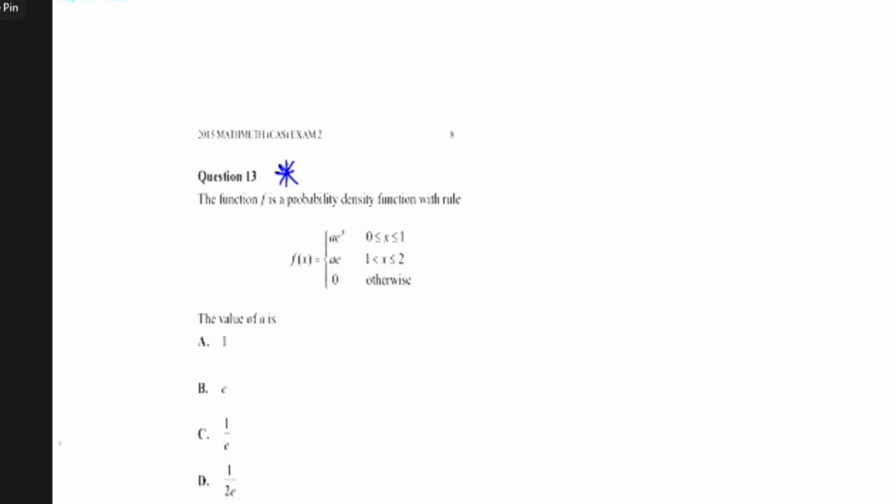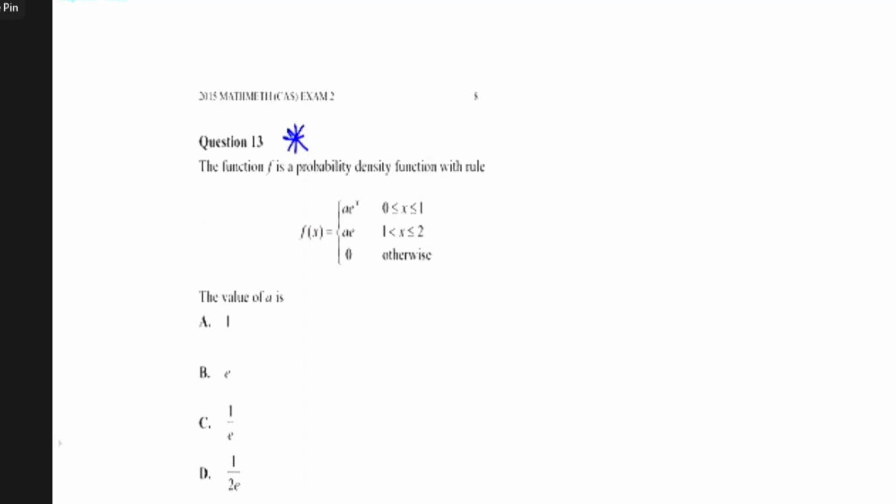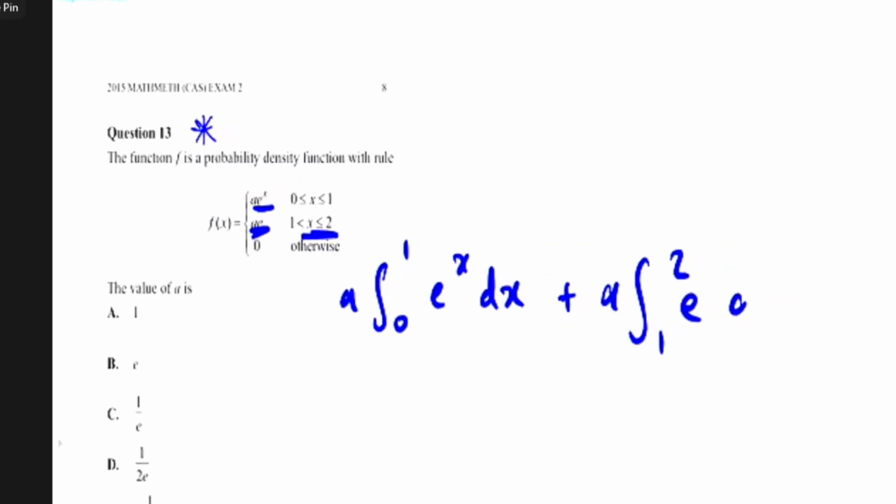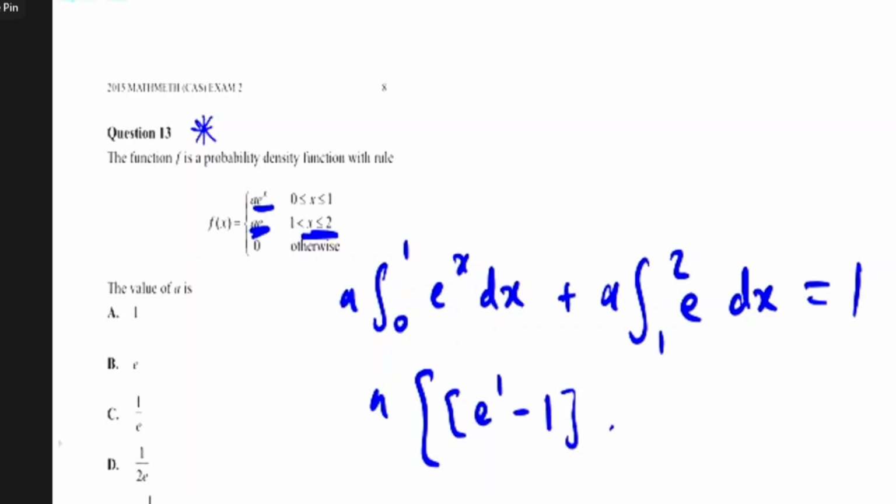Question 13. Basically pretty simple here. All you have to do is the integration from 0 to 1 of this function. I just took the a out as it's a constant. dx plus the integration of this from this domain, from 1 to 2 of e dx is equal to 1. So I can take the a out as a factor, and it would just be e to the power 1 minus e to the power 0, which is 1, plus